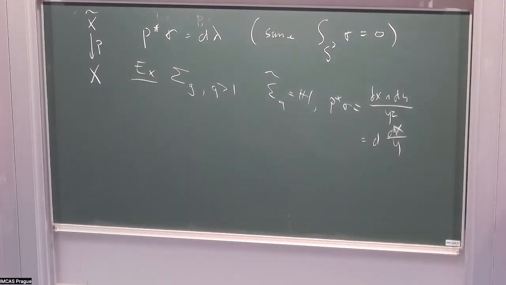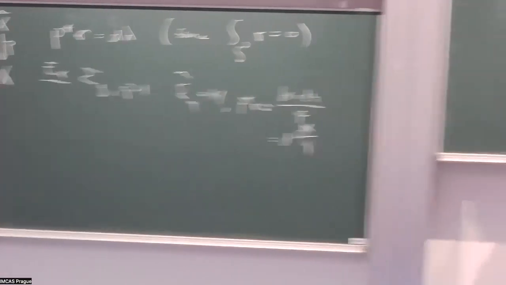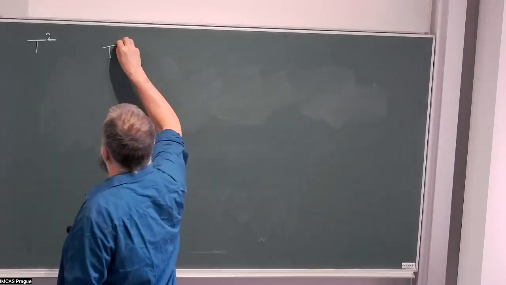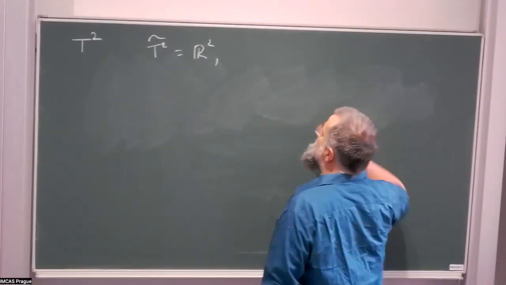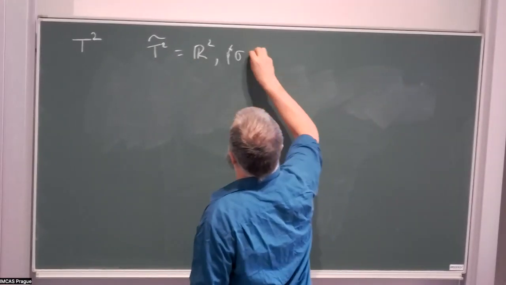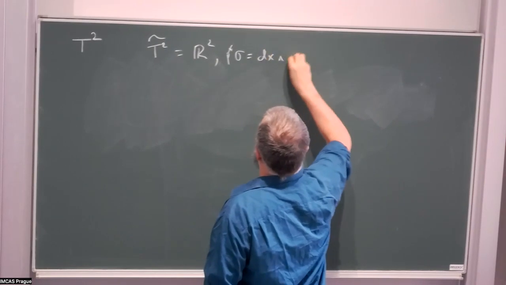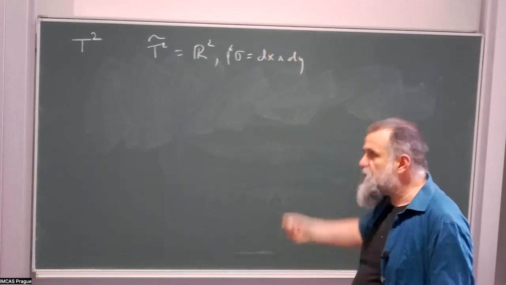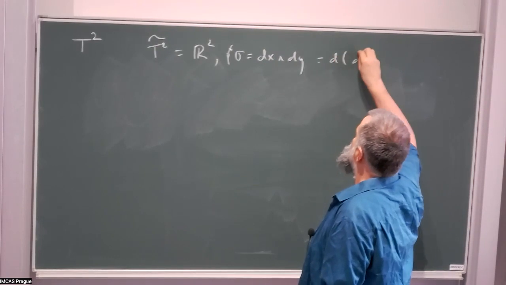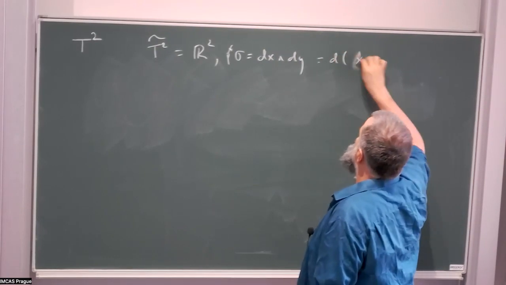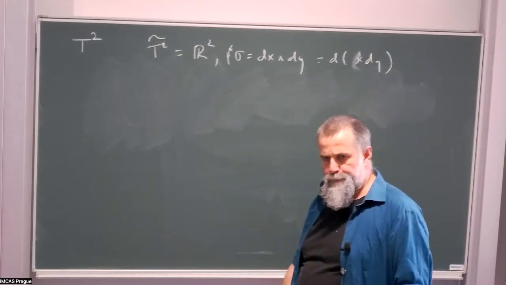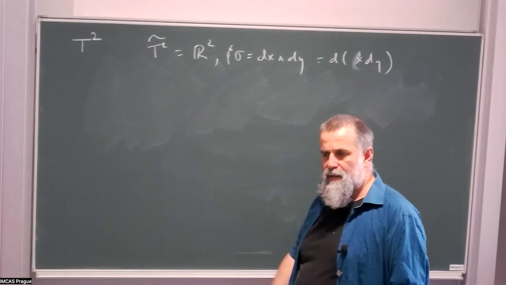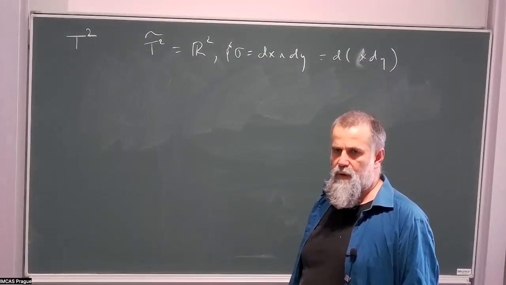And there is another example, the surface of genus 1. In this case, the universal cover is just R2. And again, if you uniformize it, you can think that the pullback of sigma is just dx times dy, which is a derivative of something. And of course, this thing is not bounded, but also you cannot find a bounded primitive, which can be checked